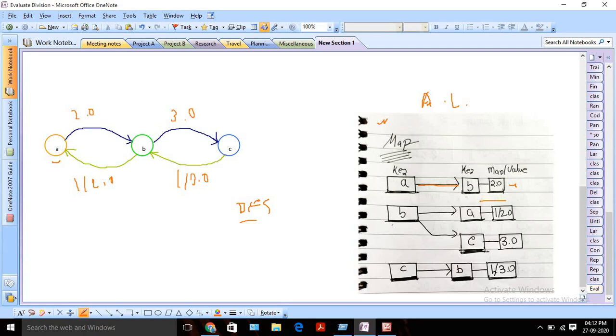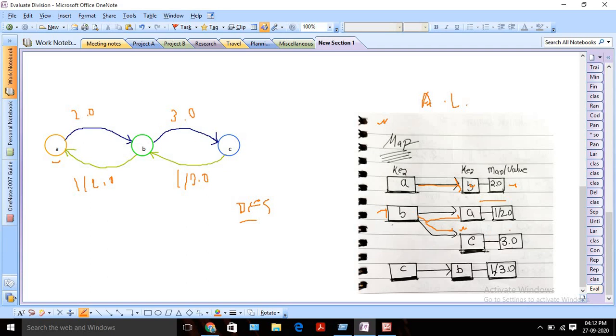Okay, so there is no direct connection to c, so I will pick b, and I will start again from b, and from b I will check. Okay, there is a b to a node, but we should not go to a because our destination is c only, right? So we will check that, and we will find it here, right?